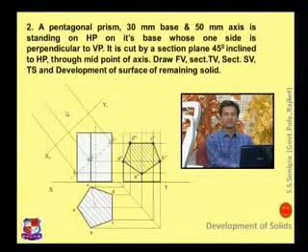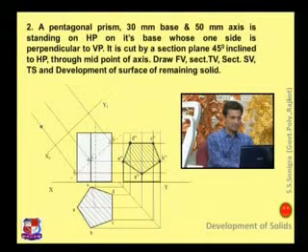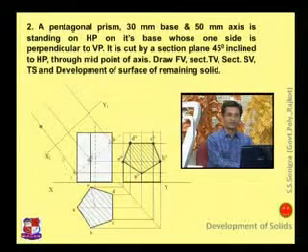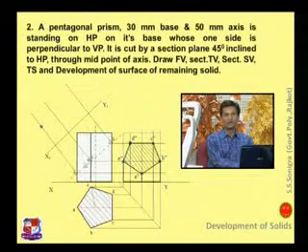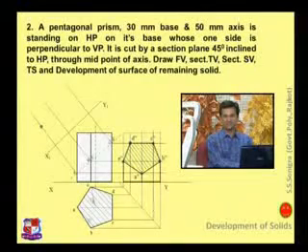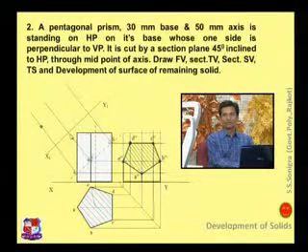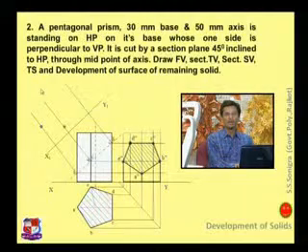Draw these lines like this. Then project the points from top view like this. Measure this distance between xy line and point A. Take this distance as a radius, put it over here and cut one point. So this length would be equal to this length, right? Similarly, to locate point B over here, measure the distance between point B and xy line, and cut an arc over here from this point to this point. So point B would be somewhere here.